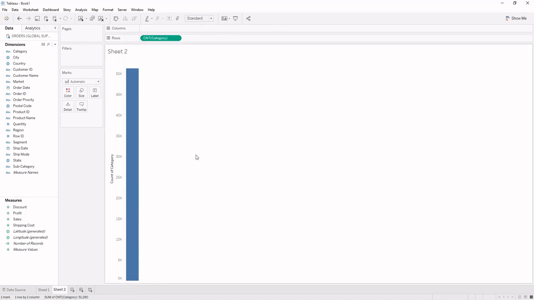So in this way we have seen that we can create a dimension as a discrete dimension or a continuous dimension, and a discrete Measure and a continuous Measure. Whereas a Measure can also be converted to a continuous Measure, continuous dimension, discrete dimension and discrete Measure. Hence, it means that by default we have discrete dimensions and continuous Measures, and those are the most often used fields. Whereas the other fields we can create according to our demand, and those are the less commonly created fields.